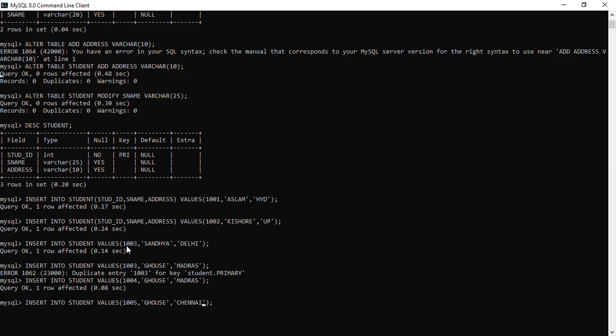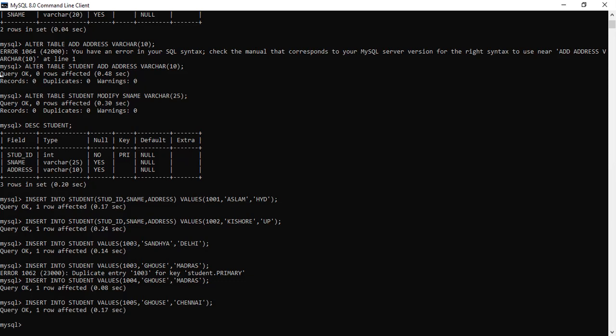Okay, because we have assigned the primary key only to the single column, that is student ID, and not to the student name. So student name can be repeated. There can be two or more students in the same class, yes, with the same name. So that has been displayed to you, so it is acceptable. So this was the insert command. Now hope it is clear to you. We have gone through the insertion.